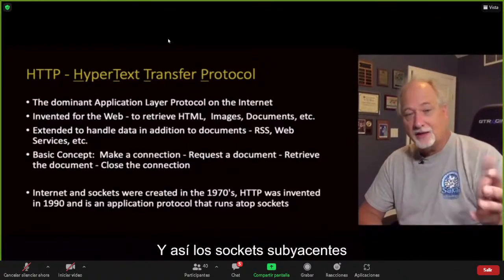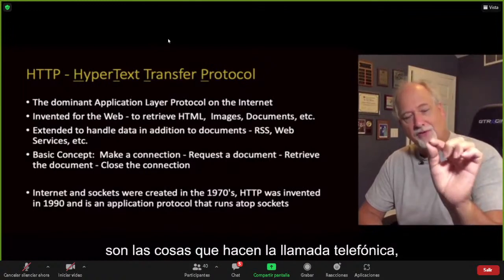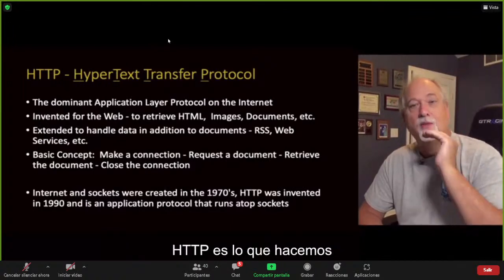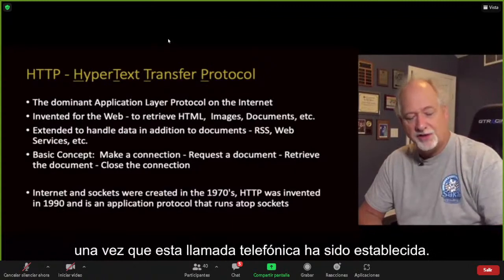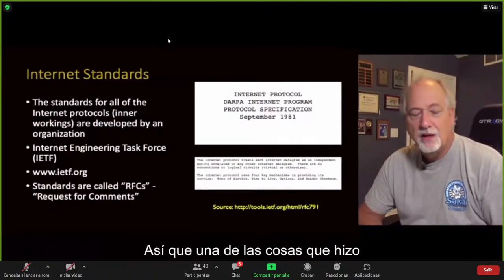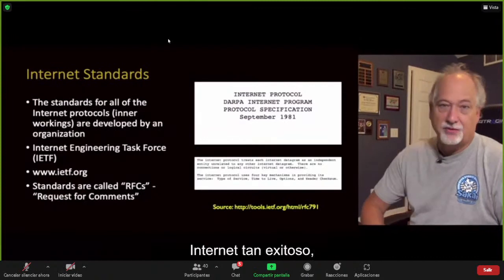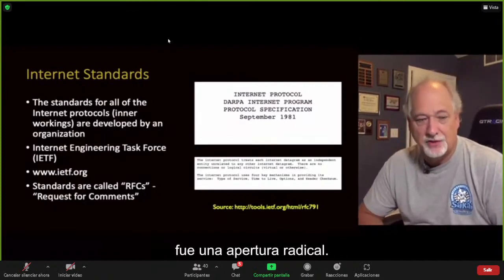And so the underlying sockets are the things that make the phone call. HTTP is what we do once this phone call has been established. One of the things that made the internet so successful starting in the 1960s was a radical openness,